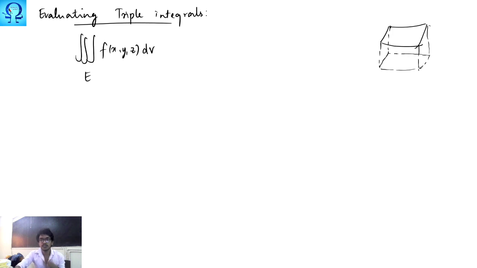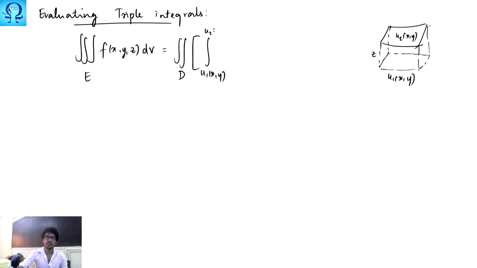Here you may very well see that along the z axis the value is fixed, but along x and y you have functions of x and y. So this one may be treated as some function of x and y, and this one may be treated as some other function of x and y. Here your z value is fixed. So this integral will turn out to be a double integral over D of the integral from u1 of x comma y to u2 of x y, and this function is to be integrated with respect to z, and then we integrate with respect to A.